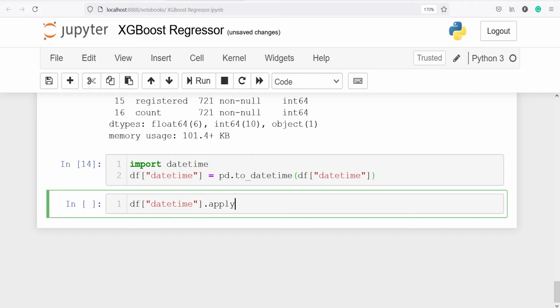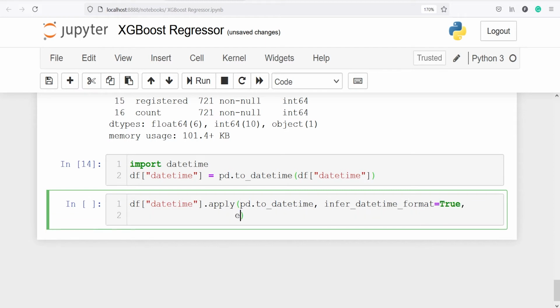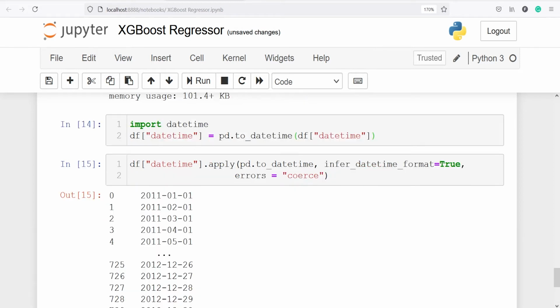We are applying the method, and inside this we will pass pd.to_datetime, then one parameter, infer_datetime_format equal to True, and errors equal to coerce. Let's execute our code.